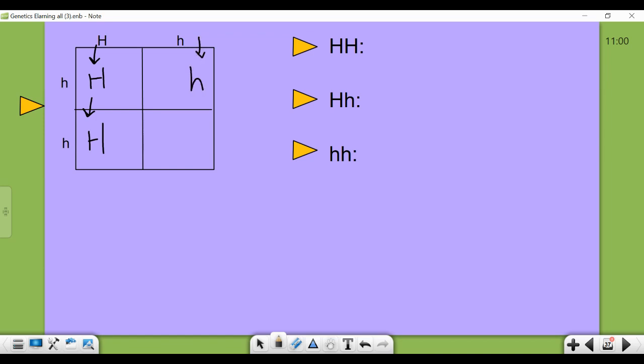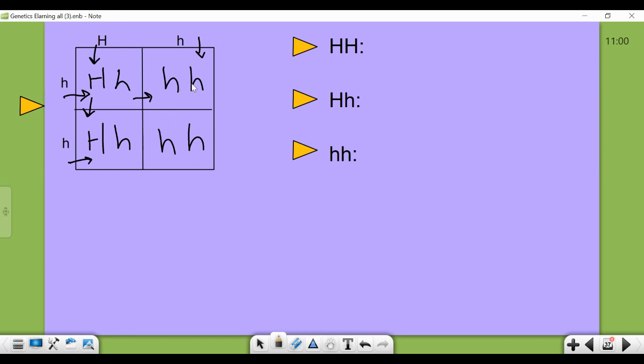Bring the lowercase down, bring the lowercase down. Okay, so now parent A is done. Then we're going to bring parent B across. Similar to chemistry, the capital letter is going to be written first. And we did the same thing here across the bottom. Okay, so now we have a bunch of letters in the boxes, but we know 25, 25, 25, 25